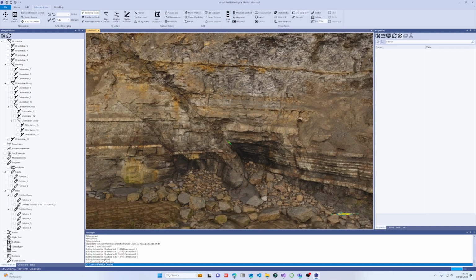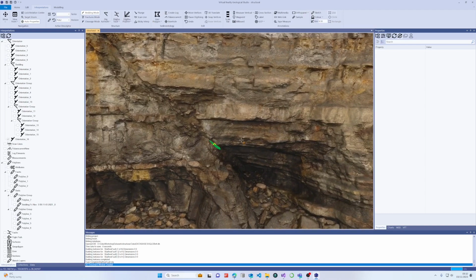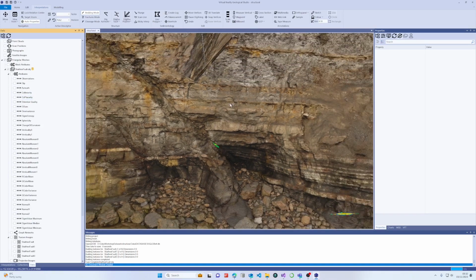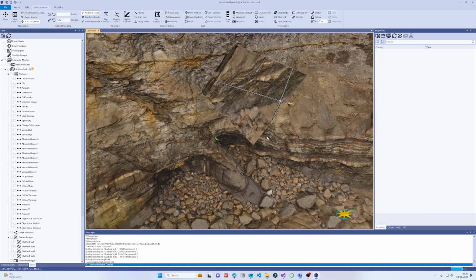The ortho panel tool is in the interpretations ribbon. Again, it's a split button. We have extended modes where we can do ortho panels by 2 and 3 points. In this case, I'm going to just use the default mode, which creates the ortho panel based on a structural measurement. So I'm going to click the structural measurement here, and the ortho panel will be generated looking down dip